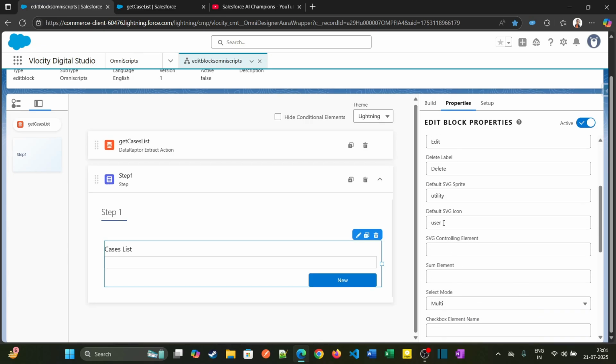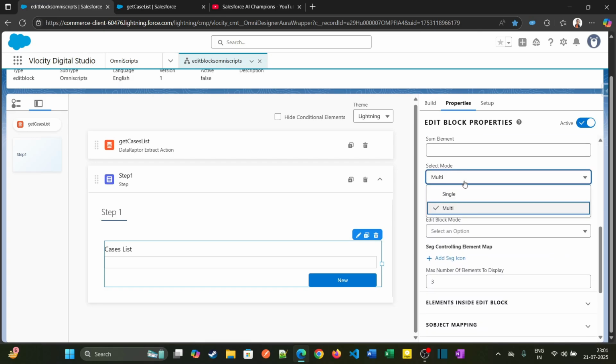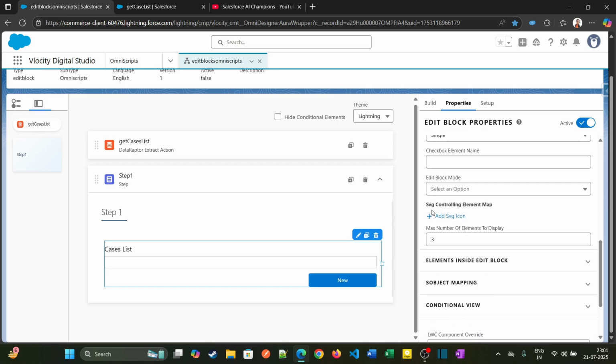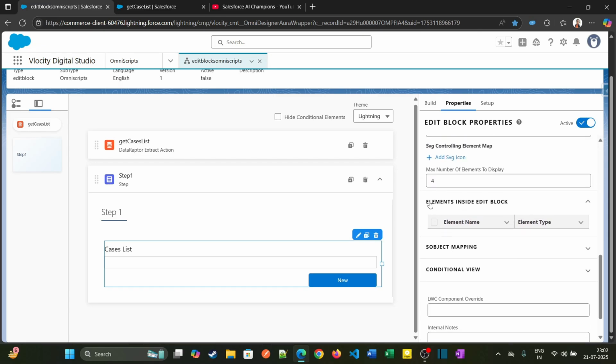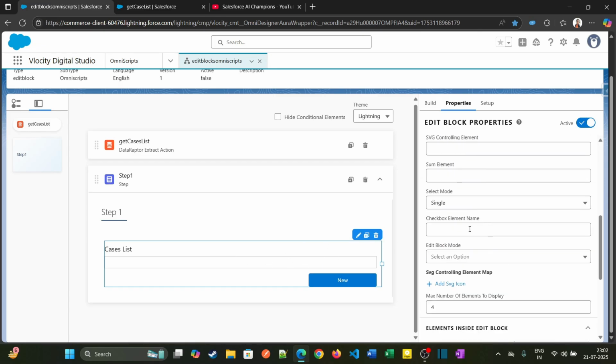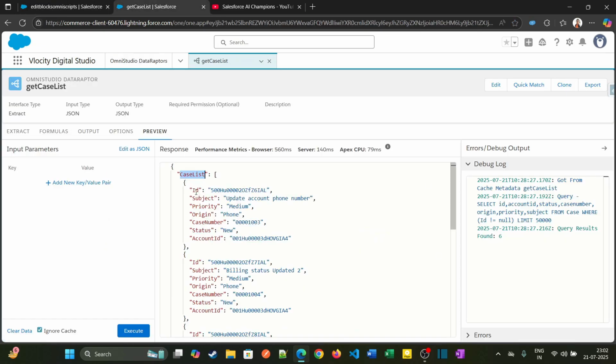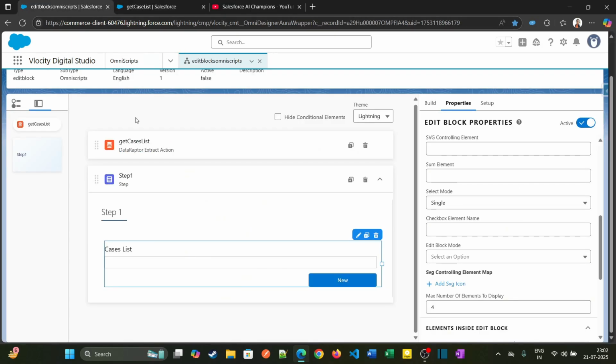As of now, let me provide the default SVG icon as case, and I'll select mode as single, and I'll keep this as 4. Here we can see the elements inside the edit block, so we need to add those field values that we want to display in this edit block. These are fields like id, subject, priority. So I'll be adding those fields one by one,